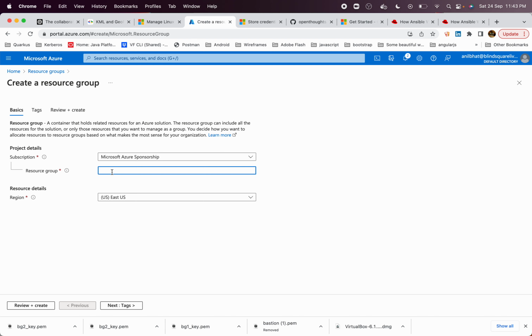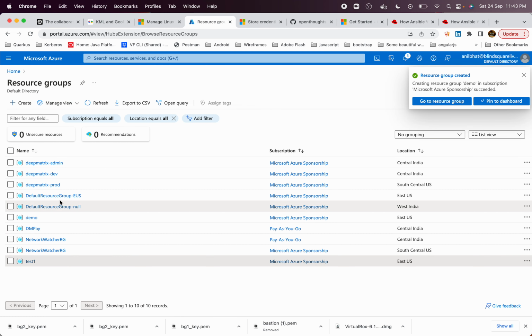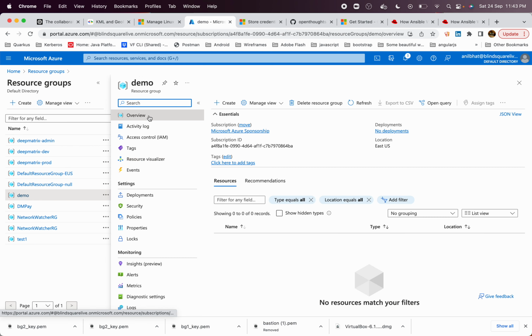Let's suppose we create a group called demo for now. So we'll create a group called demo, and we'll just say next. Okay. Now we are going to create a group. Once we create a group called demo, we'll go inside this particular demo. And here inside this is a resource group, and